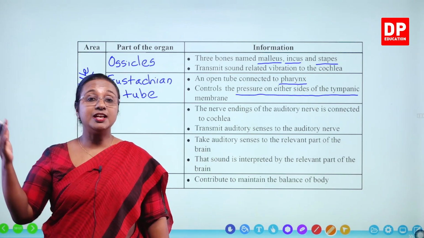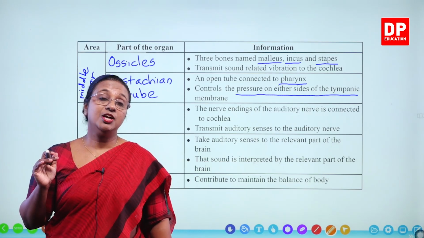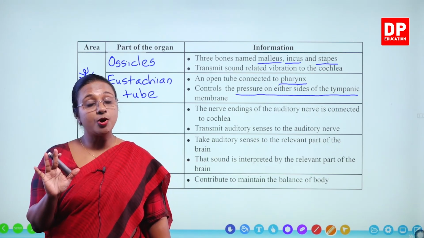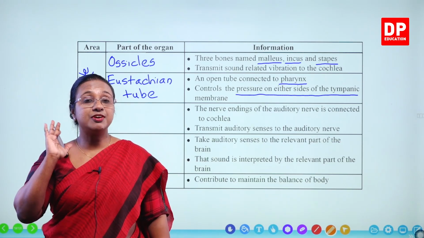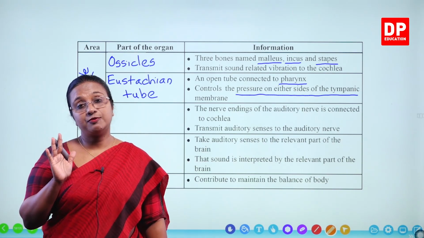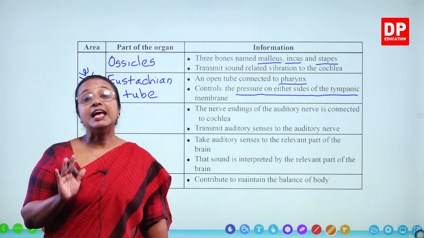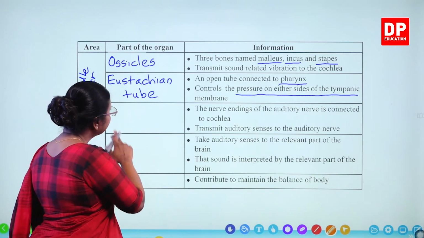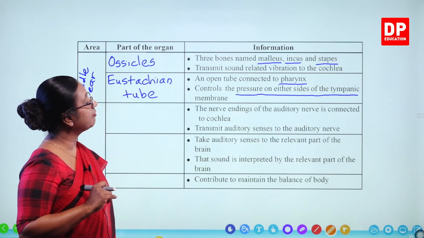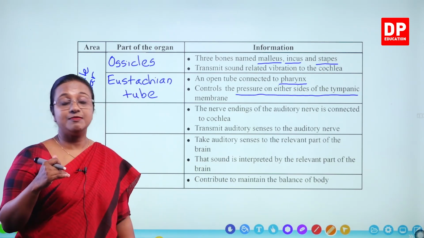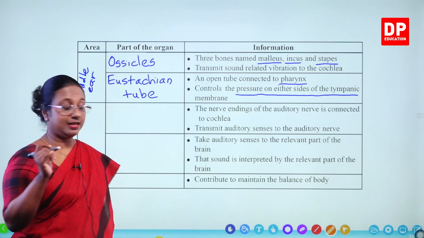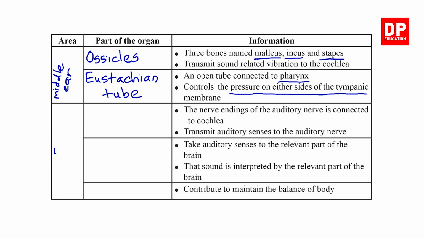The same thing when someone is deep sea diving. Without proper equipment, if you do deep sea diving, then also there can be pressure difference. Due to that, the ear can get damaged. So, you all have to be careful. Again, you have to look after the health of your ear. So, for that, the eustachian tube is involved with the controlling of pressure on either side of the tympanic membrane. So, those two structures belong to the middle ear. Then we have the inner ear.